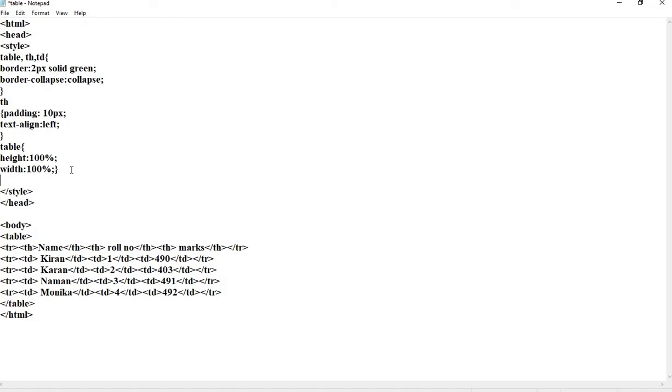Suppose we want to add different colors to even rows and odd rows. So the following changes can be made. I am taking the tr tag, nth-child. I am mentioning even or odd. Firstly, I am making changes for the even values.